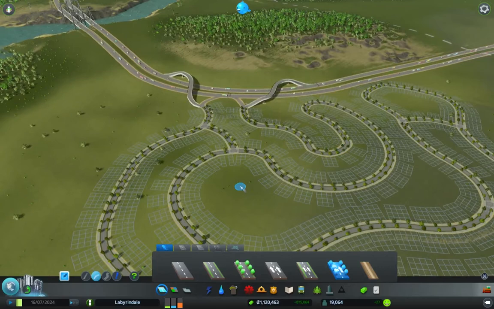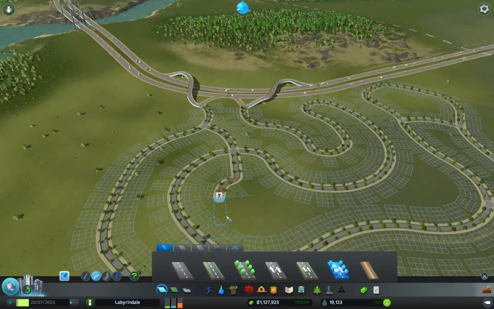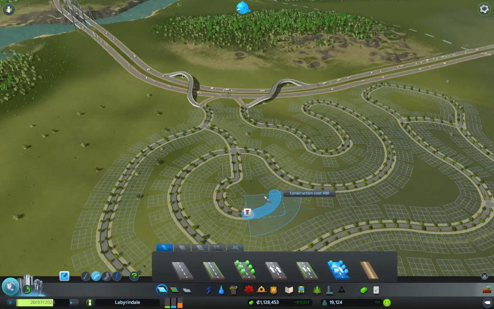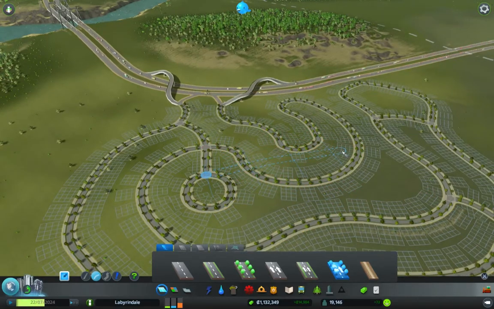Alright, so then let's make a couple little cul-de-sacs here. So there's no good way to make a cul-de-sac without using a two-way street. So this is going to be our first two-way street of the game. Right here. And we're just going to come in here. And then we are going to go back to a one-way. Curved road tool. Alright, so now we got a little cul-de-sac there